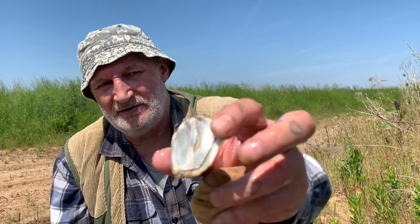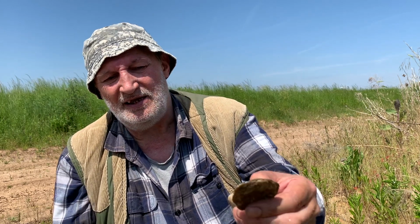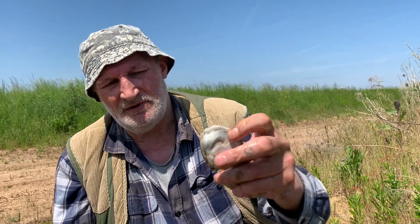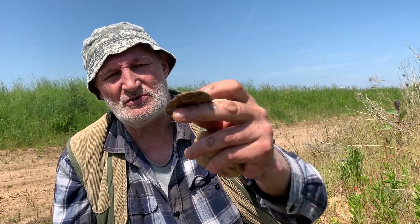And I got a few more. And I found this. I thought straight away, is that mica? You see how it's shining and that. And then as I pulled it out of the ground, it's a shell, a mussel shell. So that just shows you that the sea's been here some time or another. I'm not going to take it home. Here's another